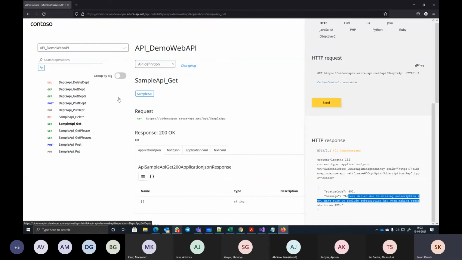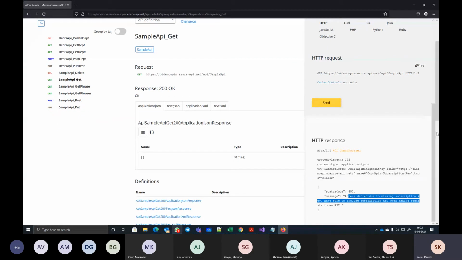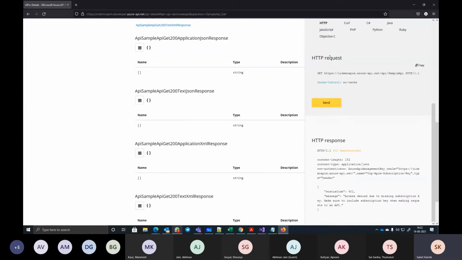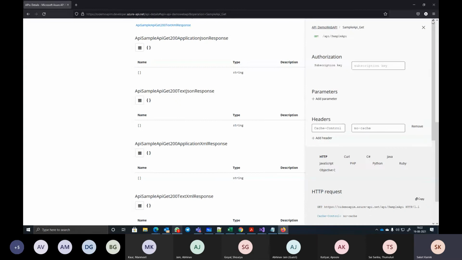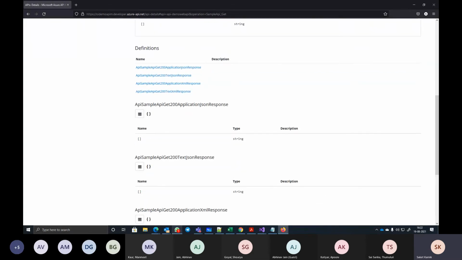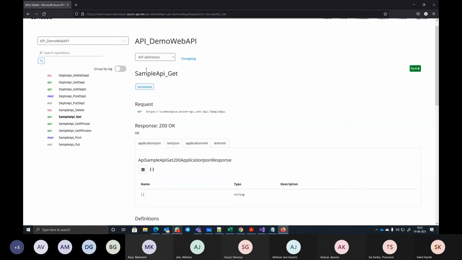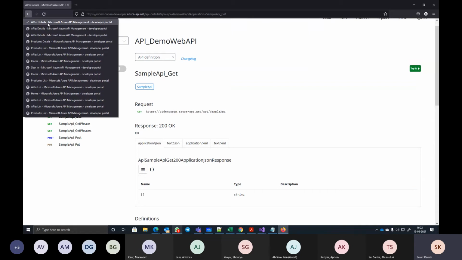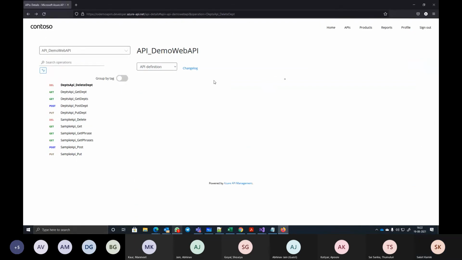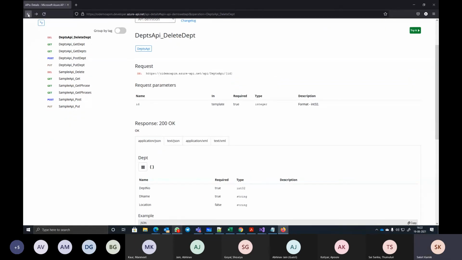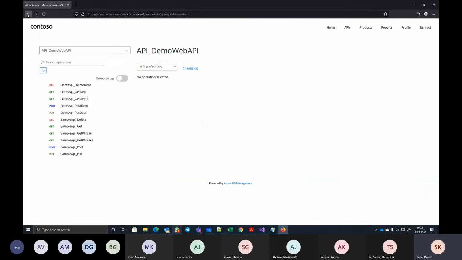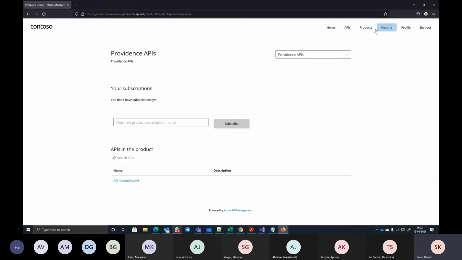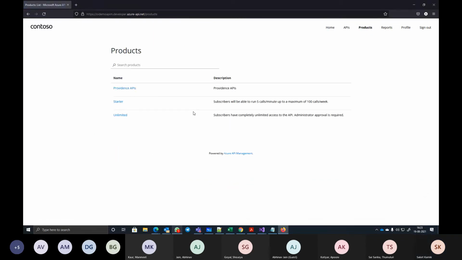Yes. So what to do? I want to be able to test this API before I integrate with my products. For that API to be used, to be tried, I first need to subscribe for the API or the product at least. So I go back where the products are listed.